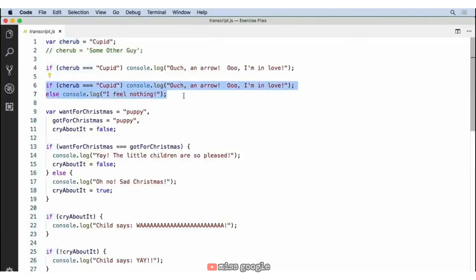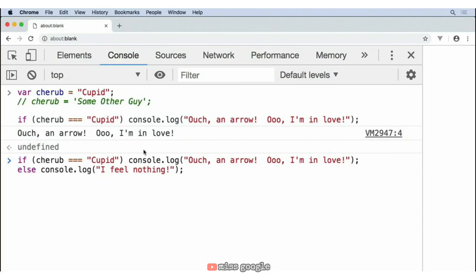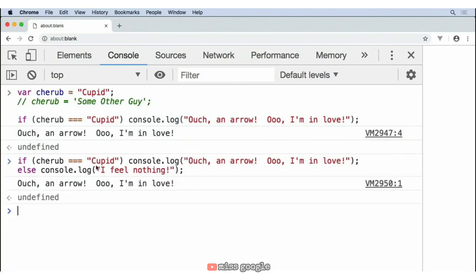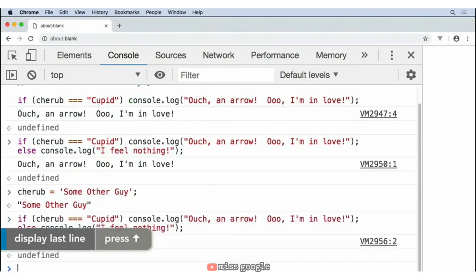Likewise, I can include an else block on the next line, again with no curly braces, and it'll still work. Let's paste this in. We know that cherub is still Cupid. So I'm still getting the same message. But if I change the cherub to some other guy, and then I execute this line again,